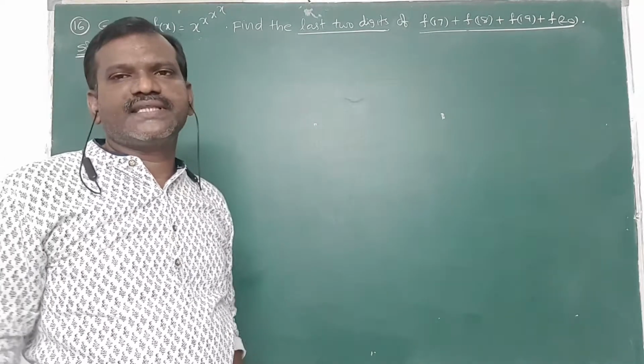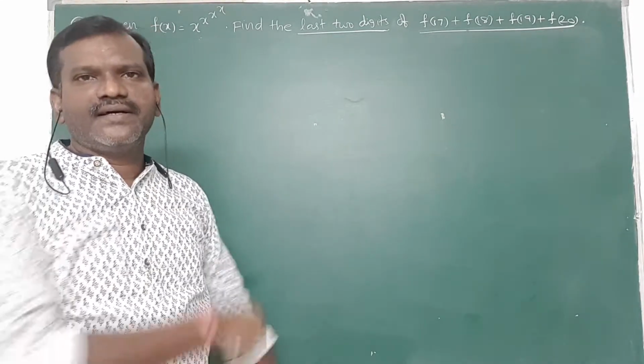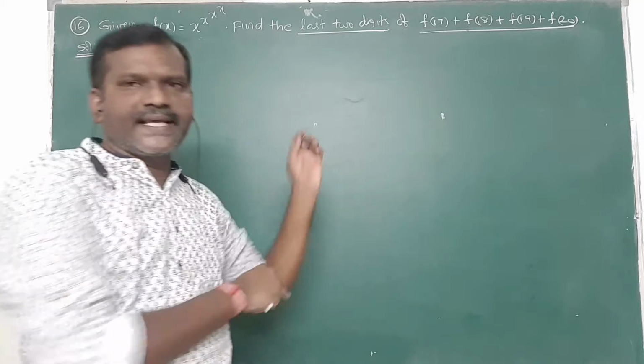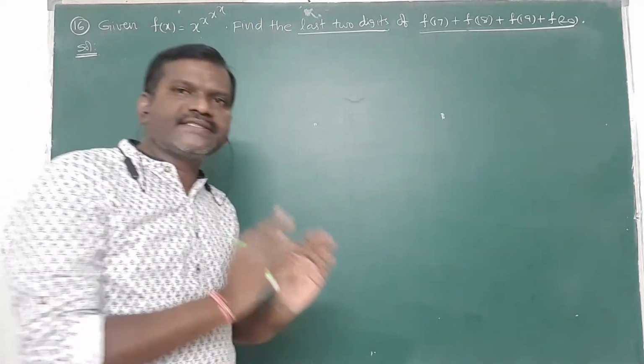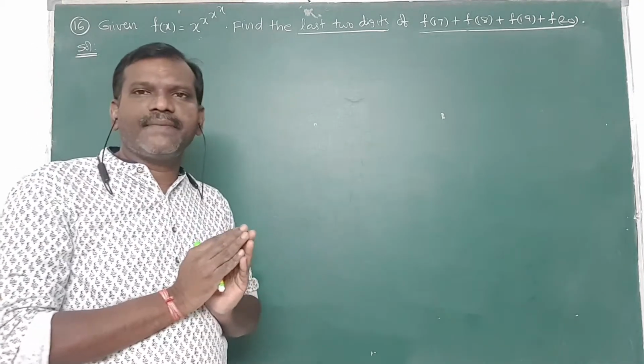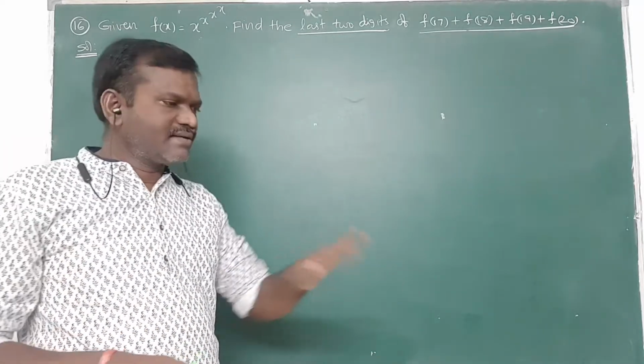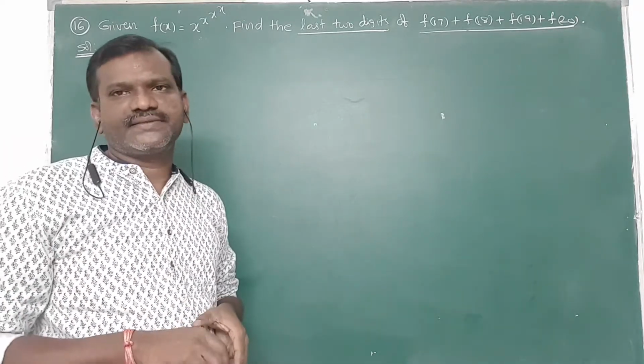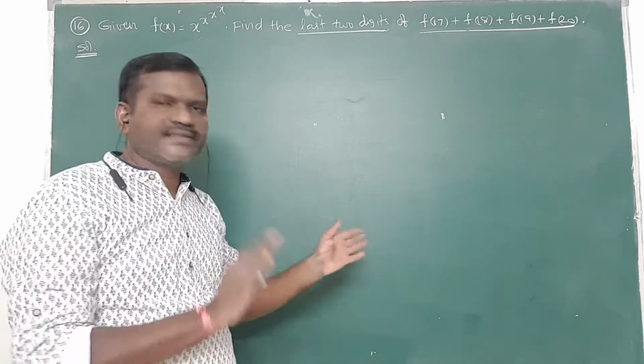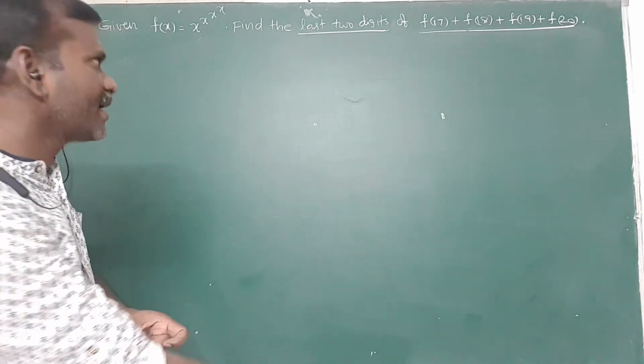And after that, Euler's theorem also I can apply here. So many are there. And also one more thing: what are the possible remainders when it is divided by 100? Possible remainders are 0 to 99 only. More than 99 or less than 0 are not possible as remainders. Okay, so these are the concepts you have to remember in your mind.